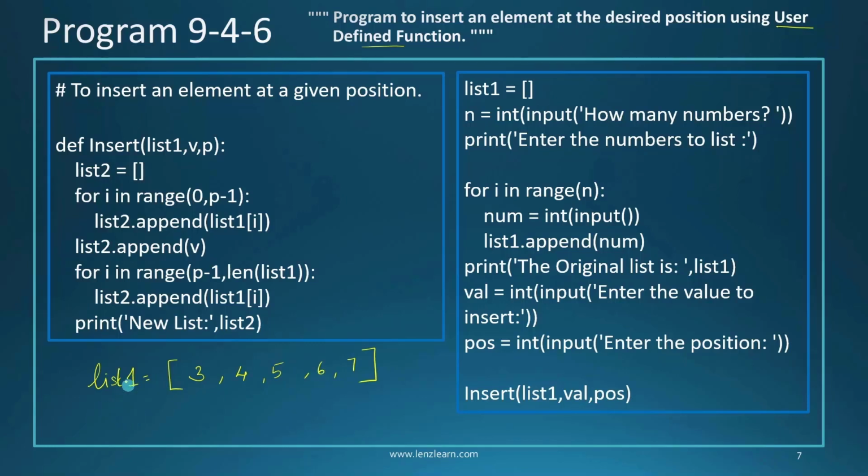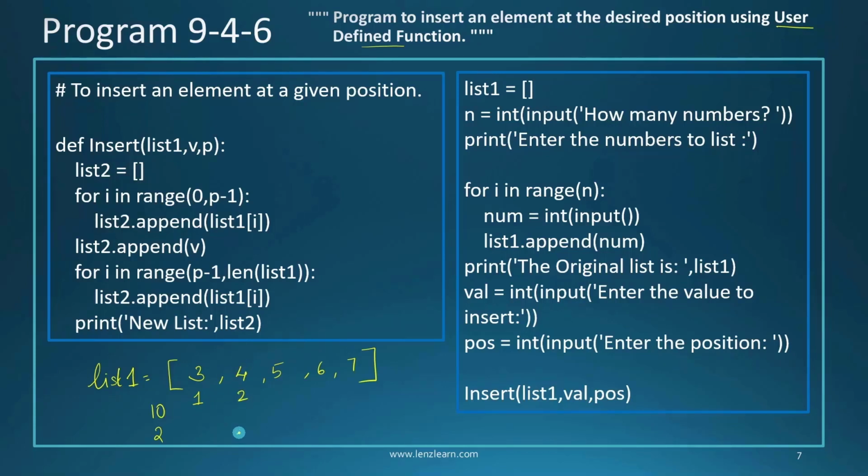Now after that our program will ask what value you want to insert into the list, okay? So if you enter 10, then our program will ask at what position you want to insert it. So if you insert it at 2, you should understand position value starts at 1, okay? Index value starts at 0, position we will assume is starting at 1. So this is position 1, this is position 2. So value 10 has to be inserted between this 3 and 4